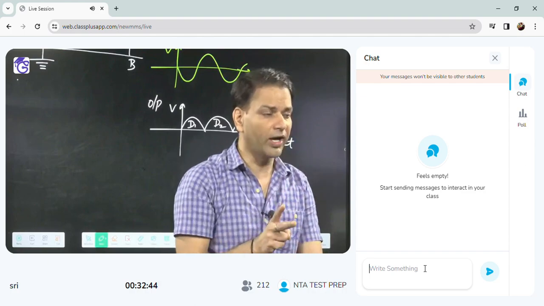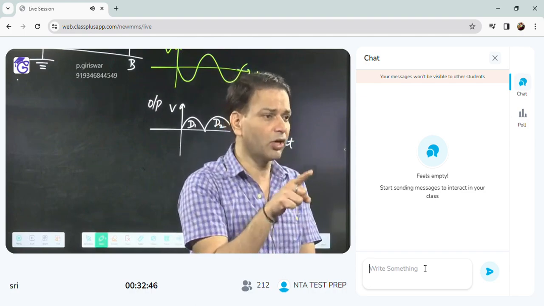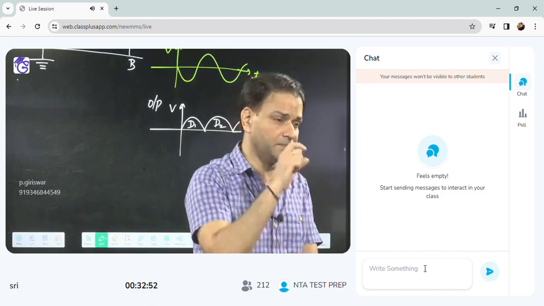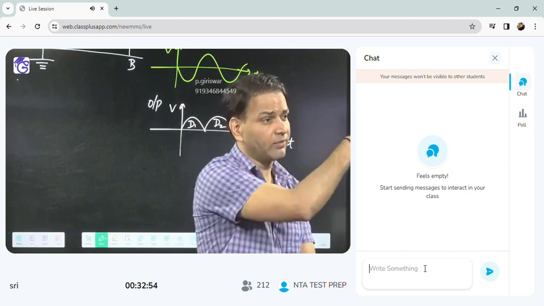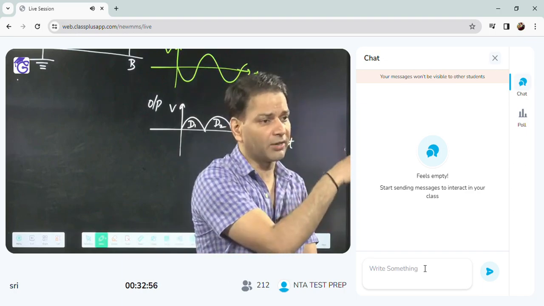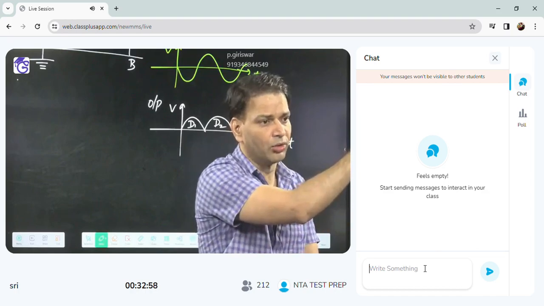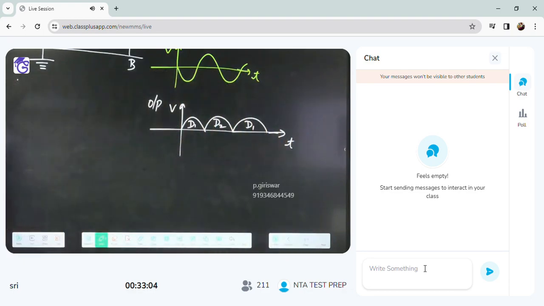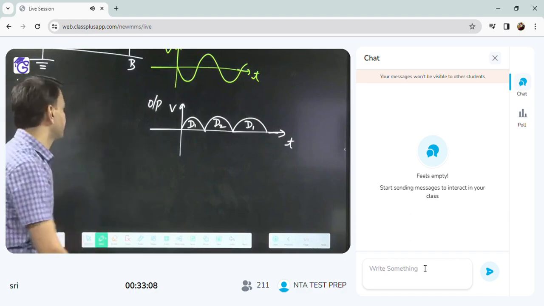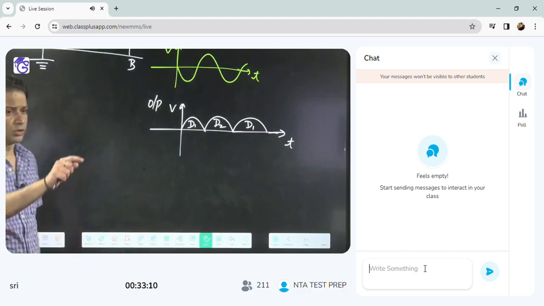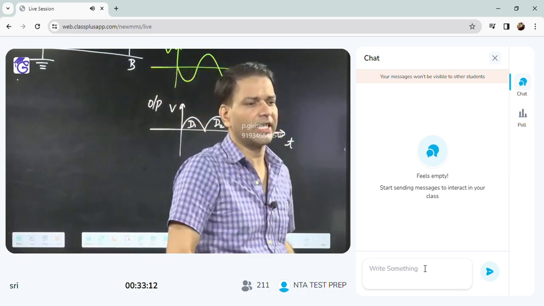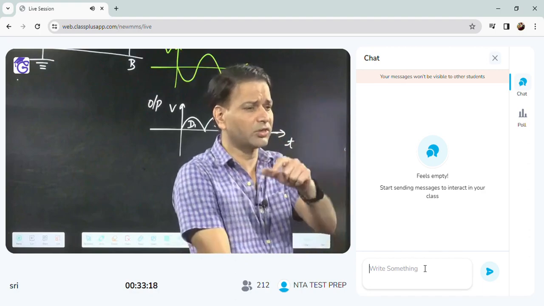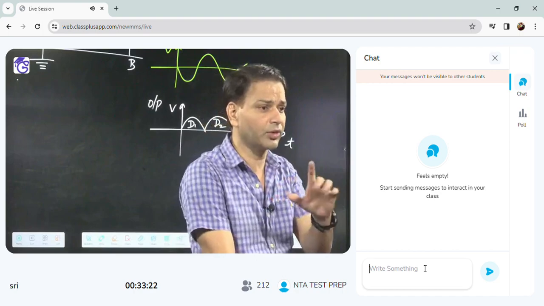So for the half wave rectifier, the average value for one cycle is what? V0 by pi. Why? Cycle and no cycle is there. What is the RMS value? V0 by 2. But for the full wave, the average value is 2V0 by pi and the RMS value is V0 by root 2. Here, everybody knows, only the half wave has the problem. You will get the notes that I have said in the class, so that will be written there. You can revise: what is the average value for the half wave, and what is the RMS value for the half wave?